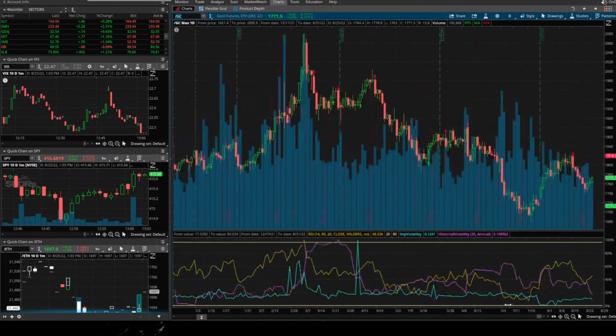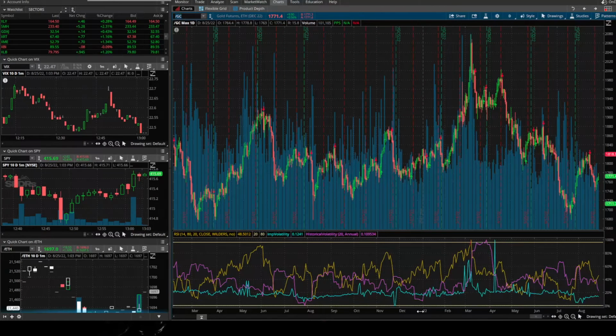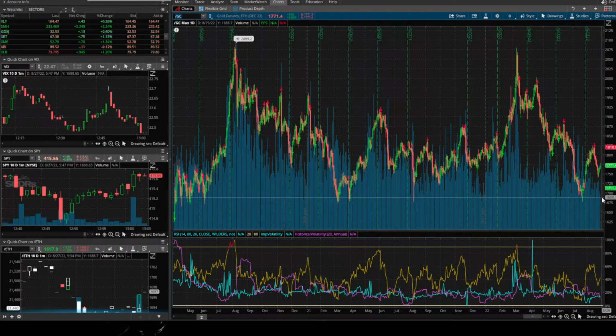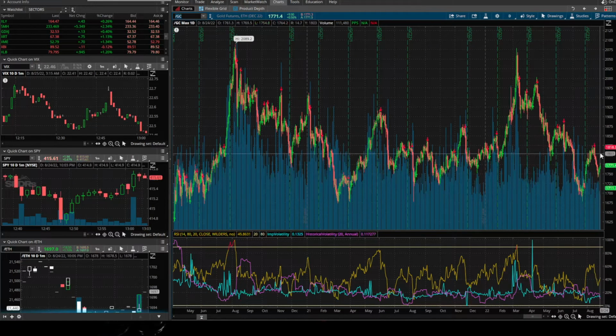Again, it's just a play. We just saw institutional demand 4 times in the last 2 years at that exact level. I think it happens again. If it goes down here, I'll play just a bounce. I'll take profits when we get to around the high 1700s or so. Okay, so that's my plan for gold.